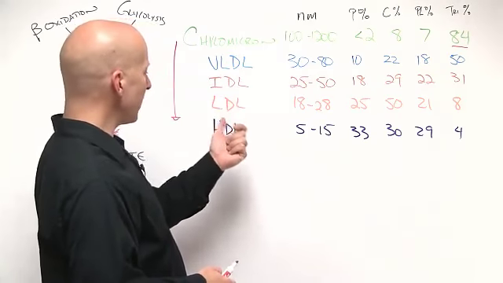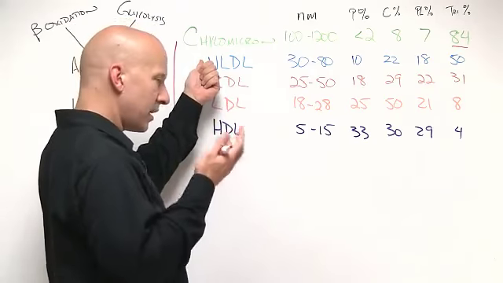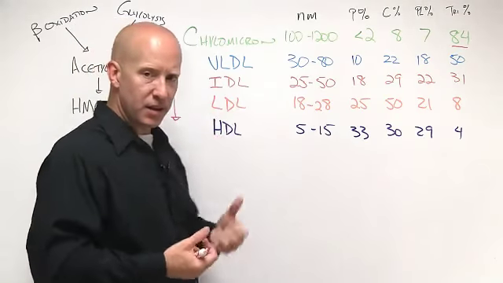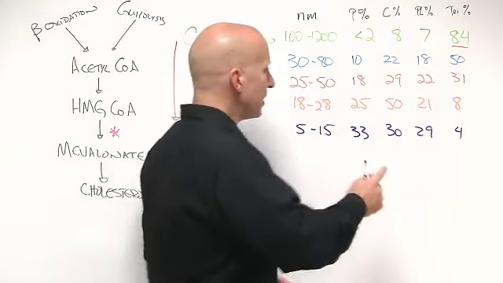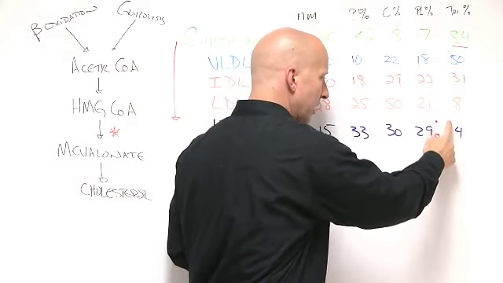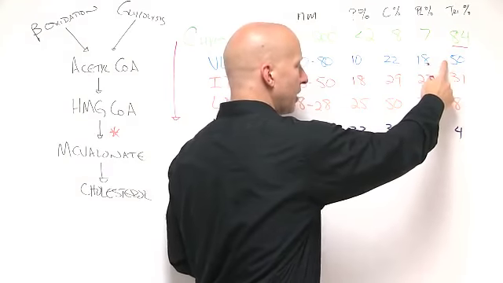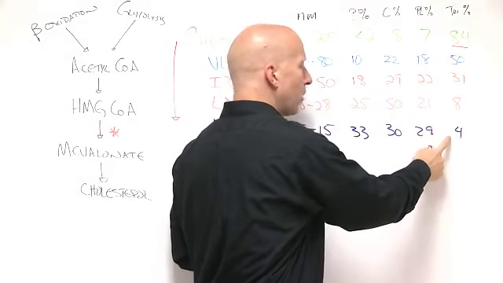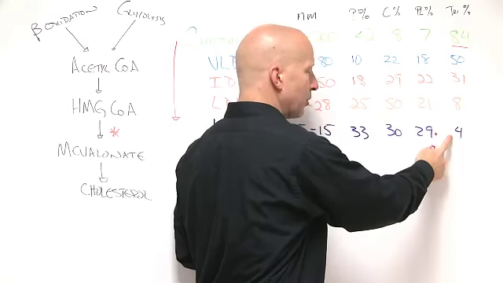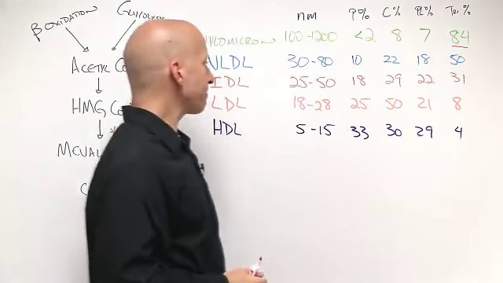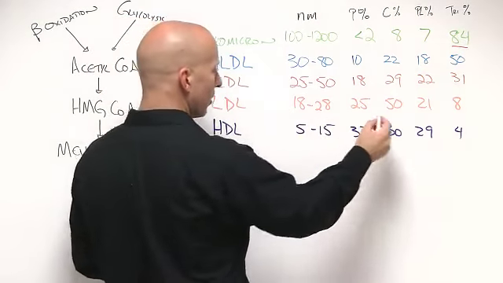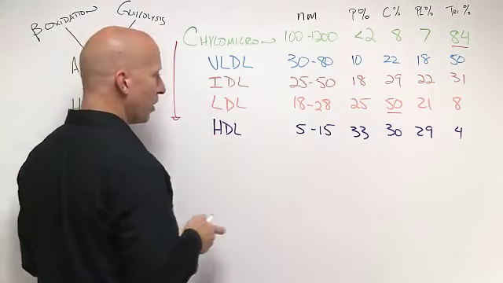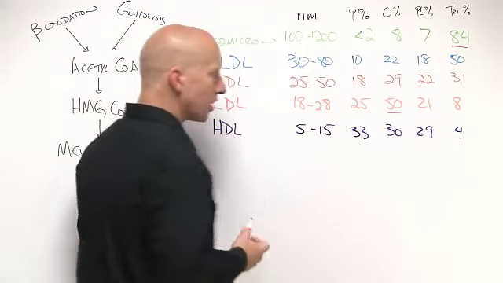But the reason why they are considered to be low density or buoyant and high density, or they would sink, is because of, in part, their triglyceride content. Notice that the very low density lipoproteins have about 50% triglyceride content, whereas the high density lipoproteins have only about 4%. Also, another one to note here is that the low density lipoprotein has the largest cholesterol content of any of